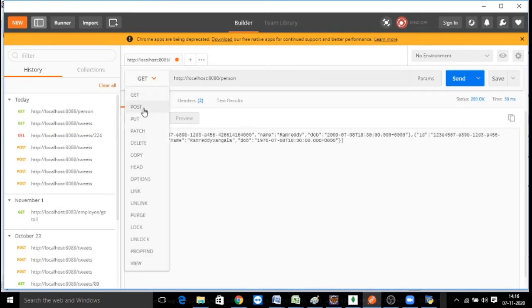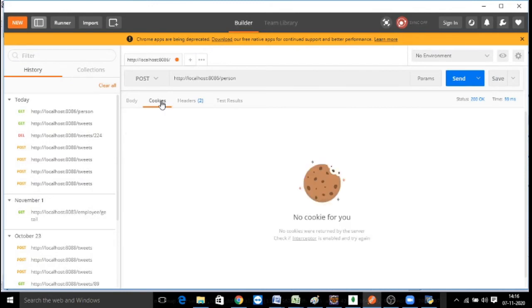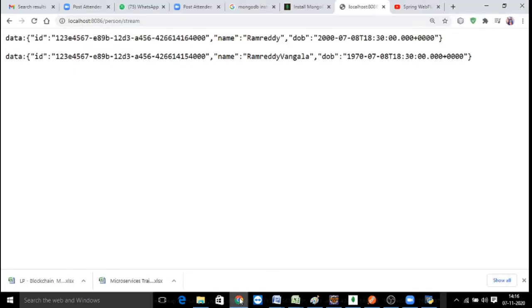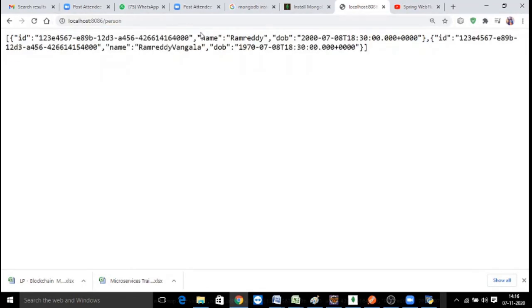Now you change it to the post request. The same request, let us test it here, and when you say only person, it is going to show you the raw information.